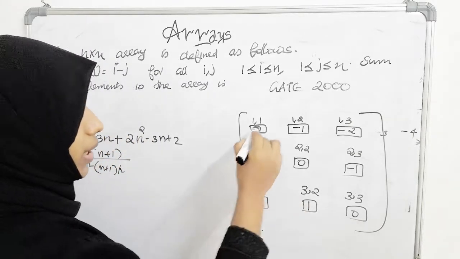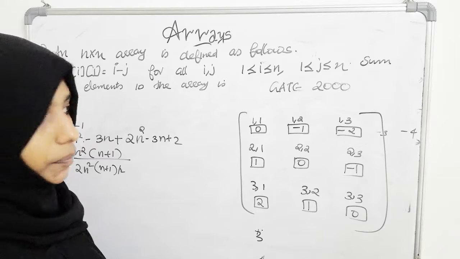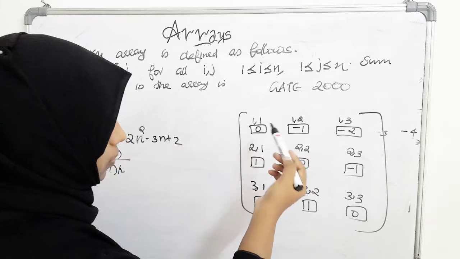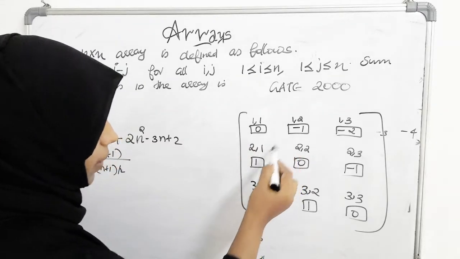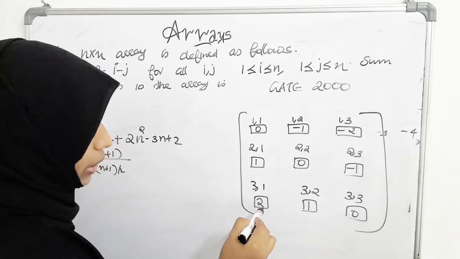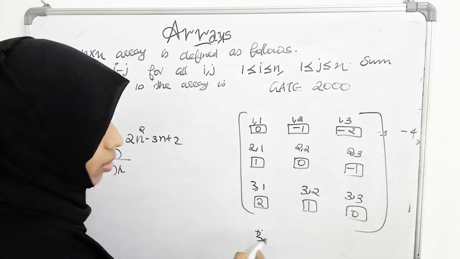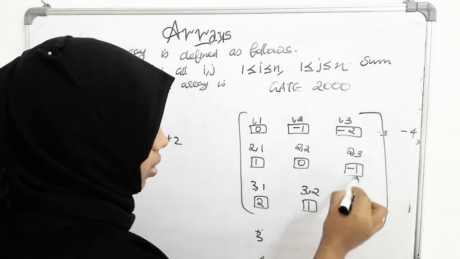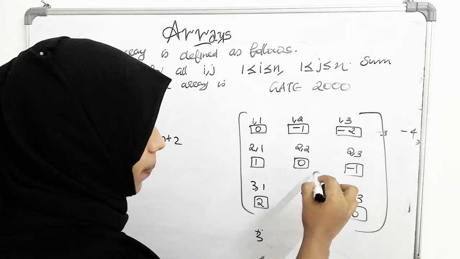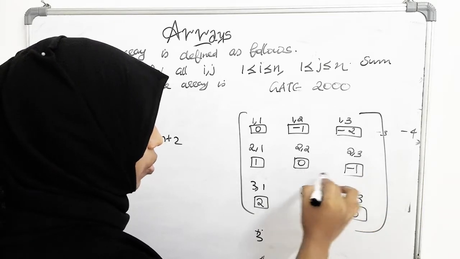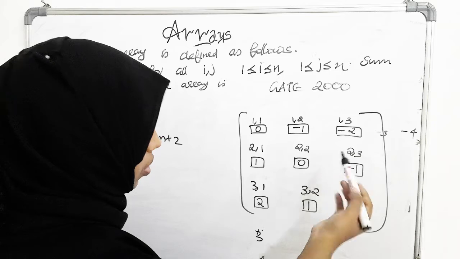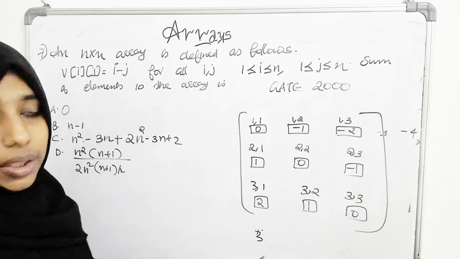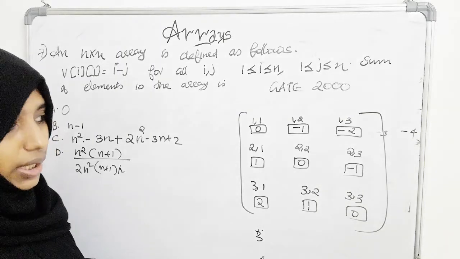So what we can do is add the first row with the first column. If we add the first column and first row, 0 is nothing. Then 1 and minus 1 will be cancelled. Minus 2 and 2 will be cancelled. Minus 3 and 3 will be cancelled. Minus 4 and 4 will be cancelled. Now we can take this submatrix and add the first column with the first row. Then this 0 is 0, and minus 1 and 1 will be cancelled. Now we can take this inner matrix and it goes on. Now you can see that every element is getting cancelled.